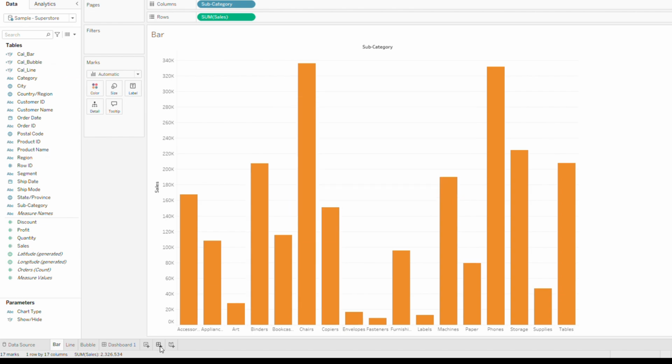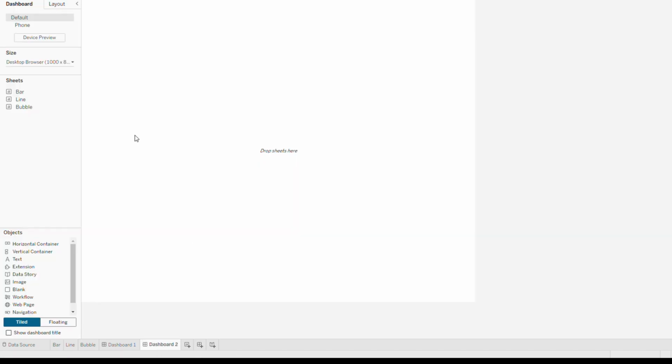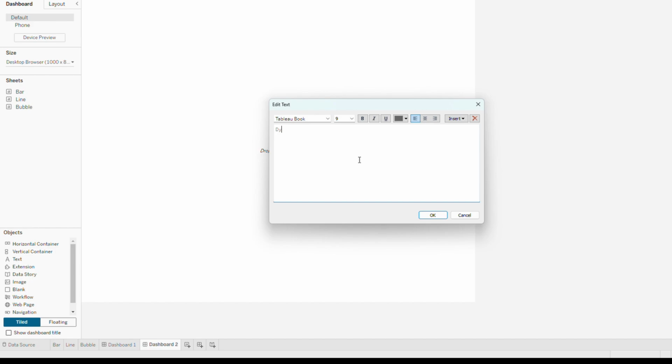Okay. Now just click on the new dashboard because we are trying to build the new dashboard here. So I'm adding the text, which is dynamic zone visibility.